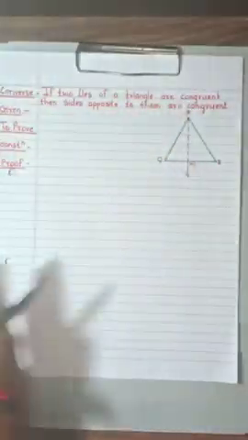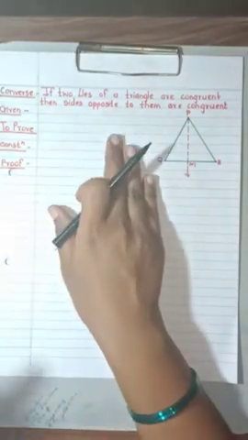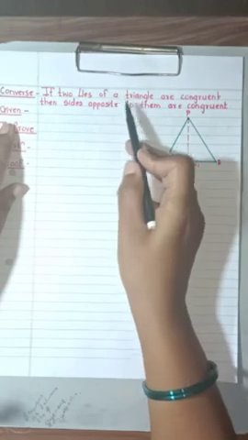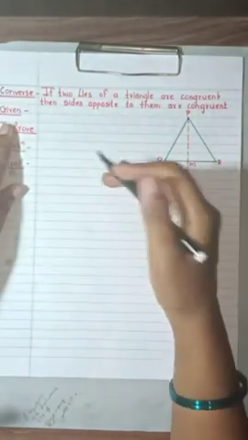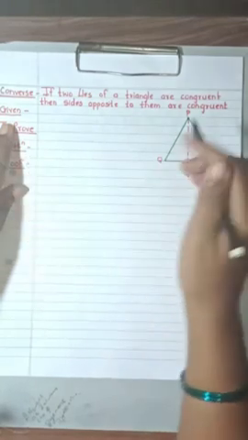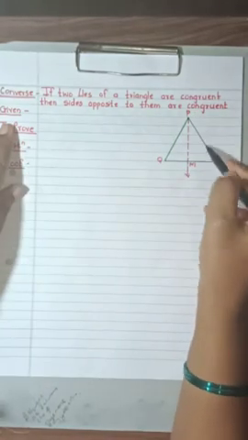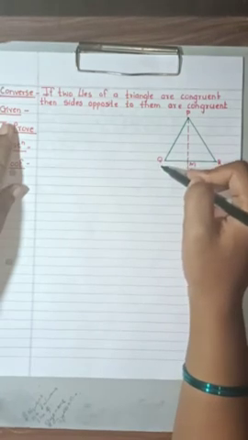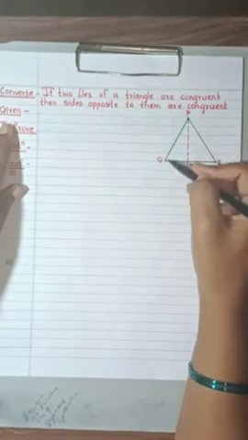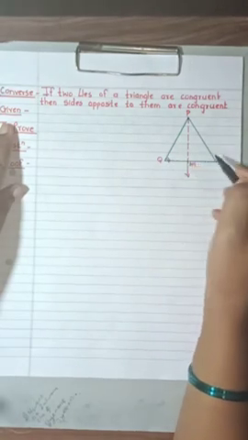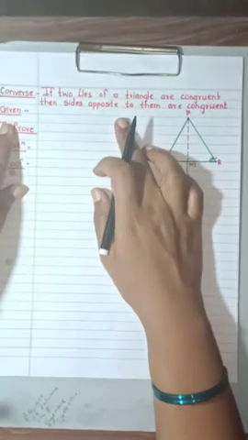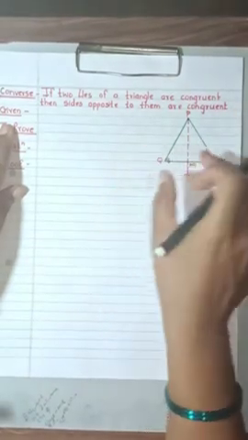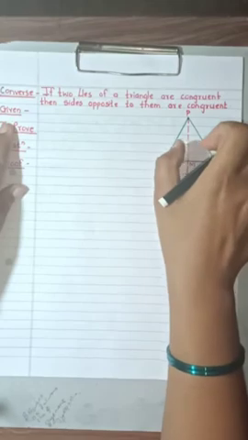Now let us move on towards the converse of this theorem. In the converse, they have given you that if two angles of a triangle are congruent. What you proved in the isosceles triangle theorem is that this angle is congruent to this angle, that means PQR is congruent to PRQ. Now they have given you that these angles are already congruent. Then you have to prove that the sides are congruent. If the angles are congruent, then the sides are also congruent. This you have to prove.